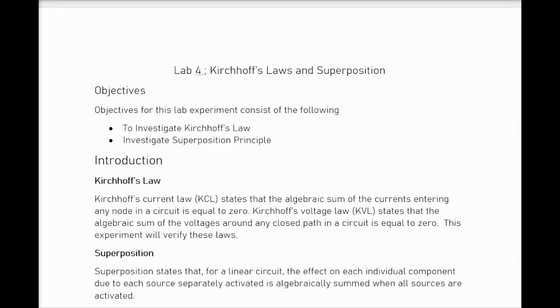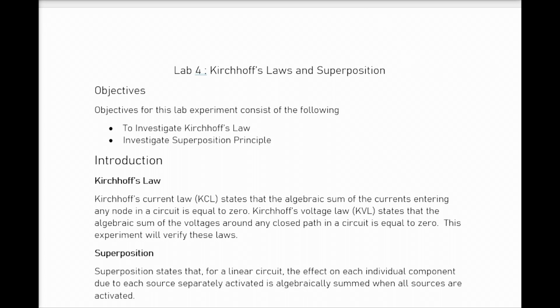And welcome to Lab 4 of Electrical Engineering and Computer Science 2300. In this lab today we are going to learn about the Kirchhoff laws and superposition. We have already conducted an experiment regarding the Kirchhoff laws, right? So we all know what that is. But what is superposition? Before going to superposition, as you can see over here, the Kirchhoff